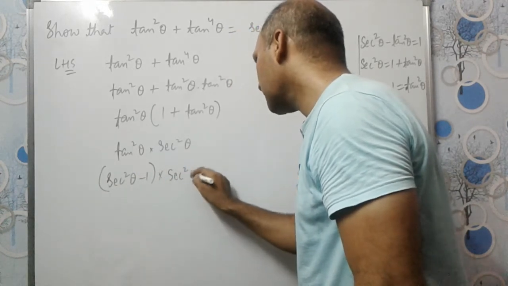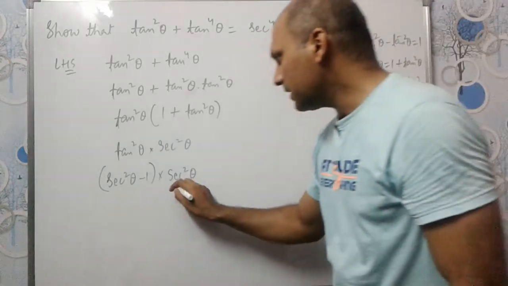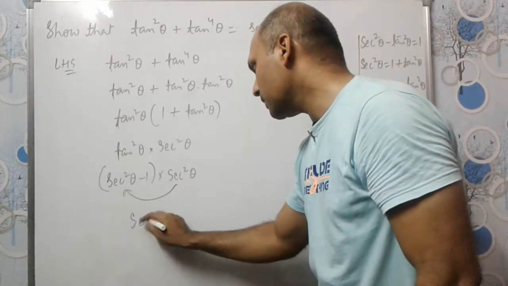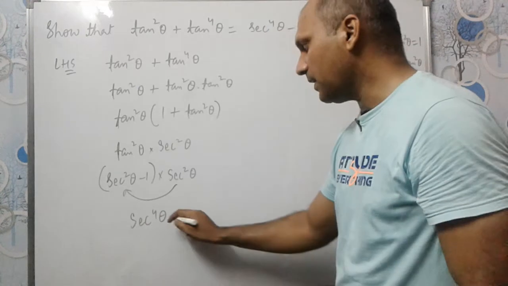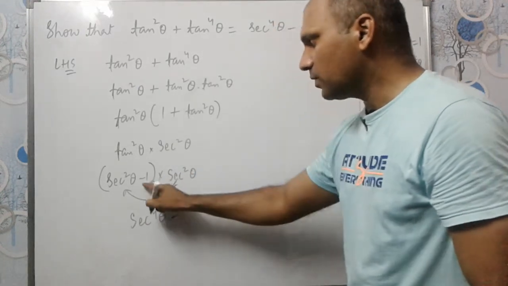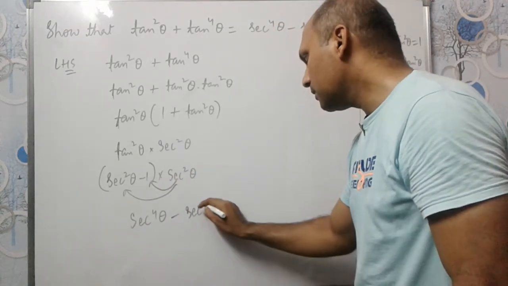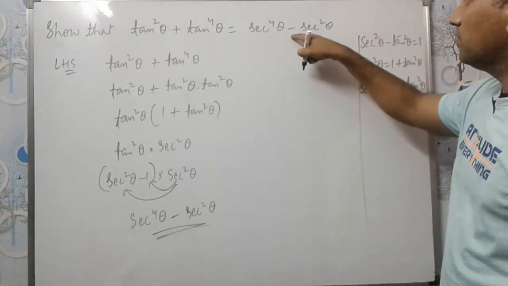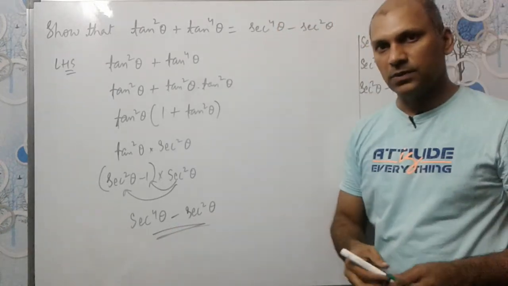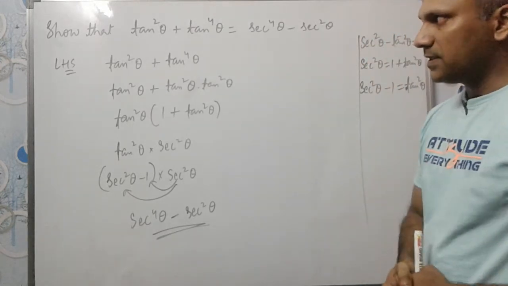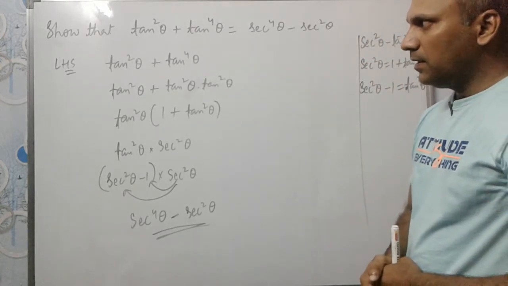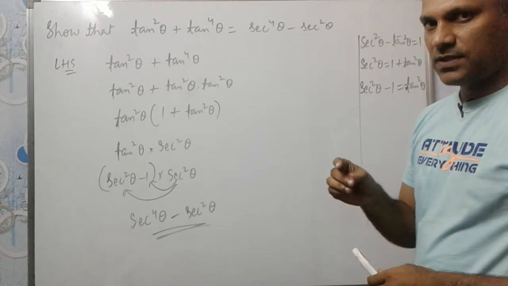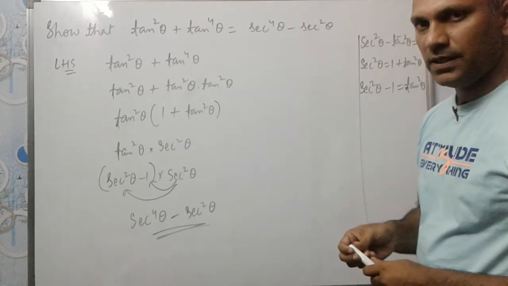Now secant square multiplied by secant square is how much? Secant power 4 theta, minus secant square multiplied by 1, secant square theta. This is the RHS: secant power 4 minus secant square theta. We can prove it like this. And in the previous video we have studied there are many methods of solving this, right? We can use